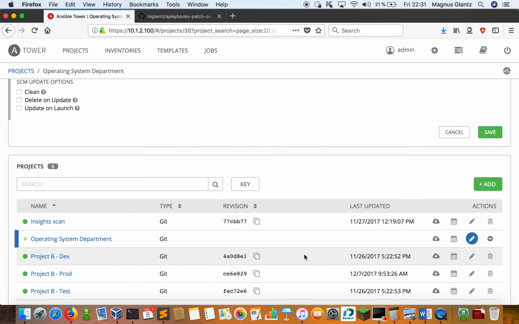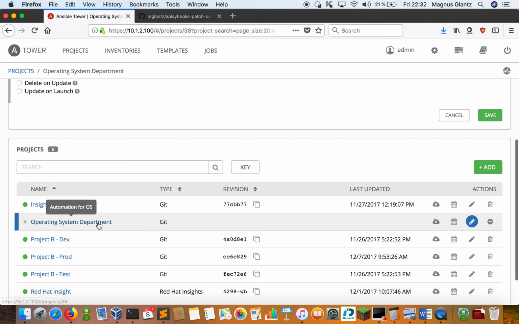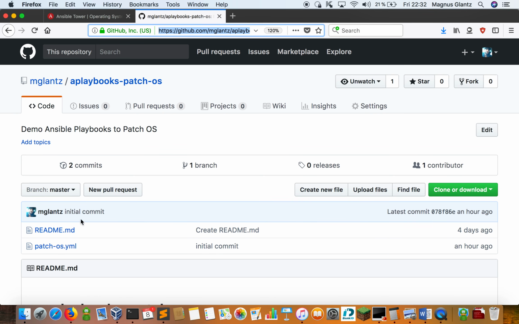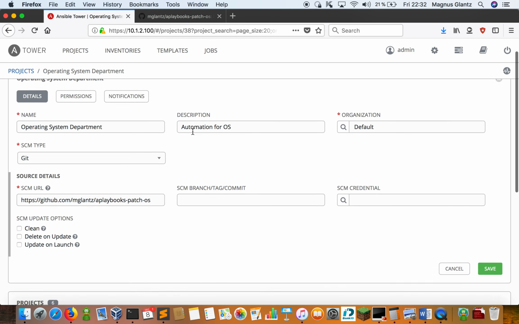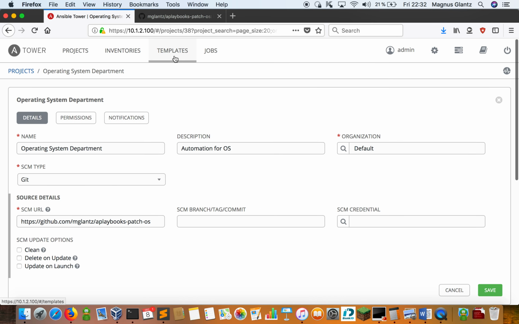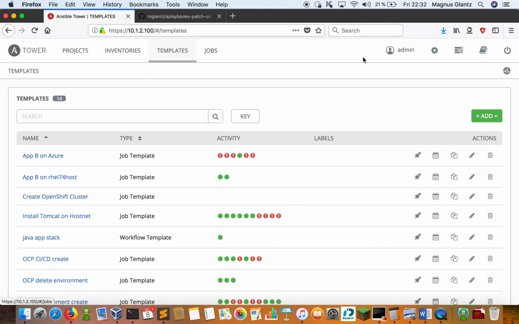And I'll see Ansible Tower go to work, and it's pulling down whatever is in this repository. So that will be my playbook right here, the patch OS automation that I'm going to use. So that seems to have worked out nicely. So now that that has been done, I'm going to